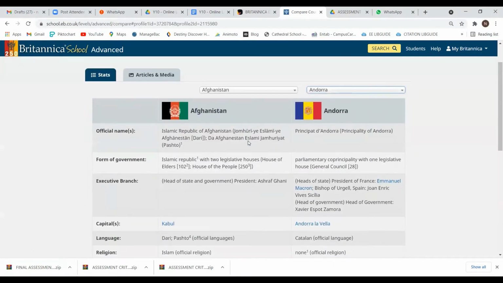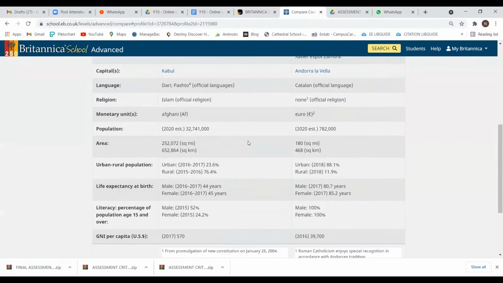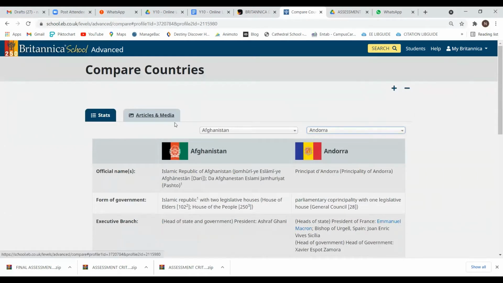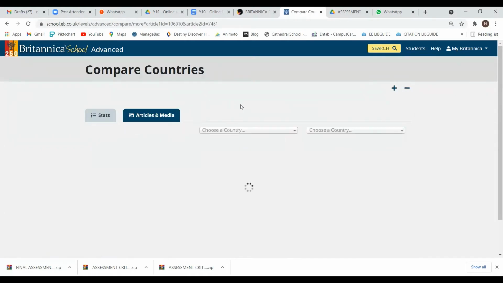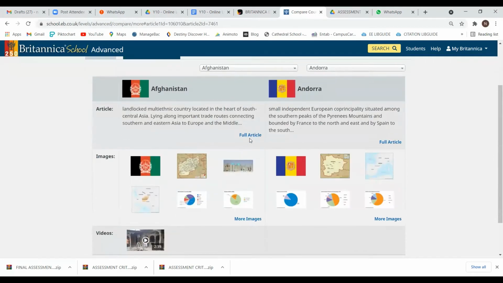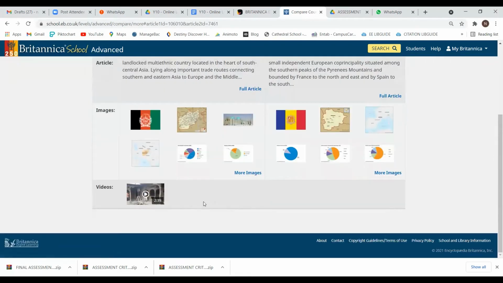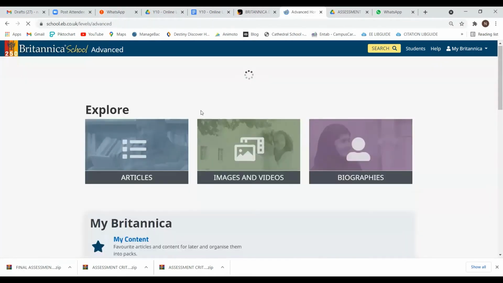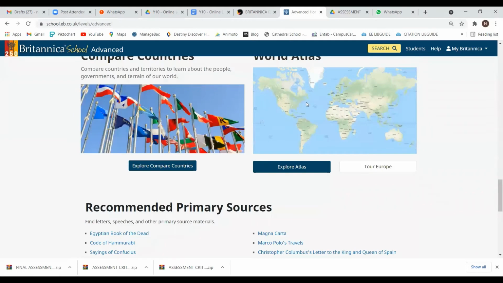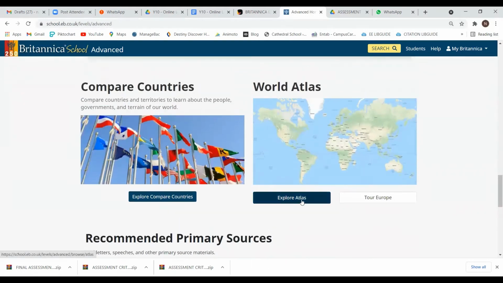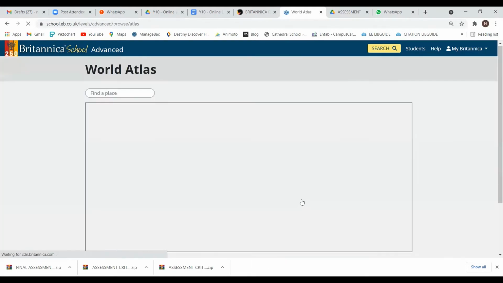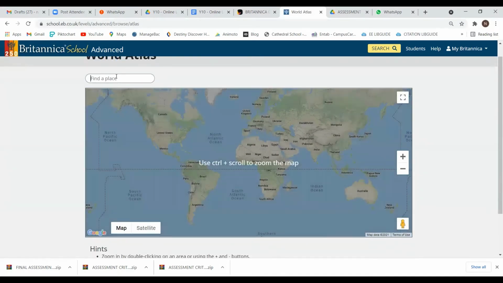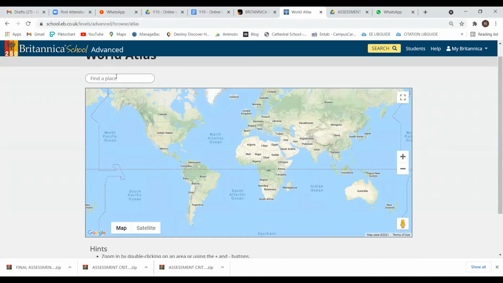You get all the information over here, the names, the governments. You can just browse through this. These are the statistics. Then if you want articles on them, you just click over here for the full article, for the images, for the videos, for each country. Similarly, you can explore the atlas over here. You select a particular country, or you find a place over here. If you're looking at information on any particular country,